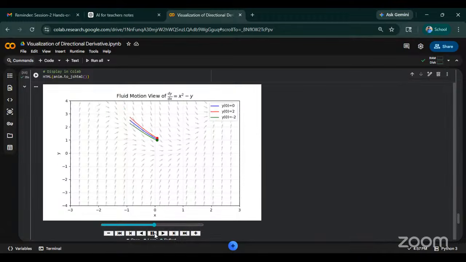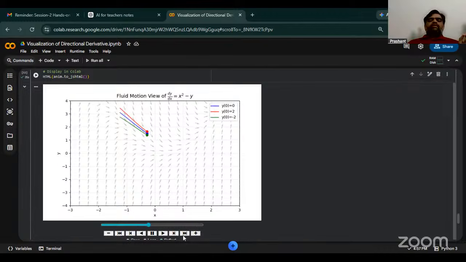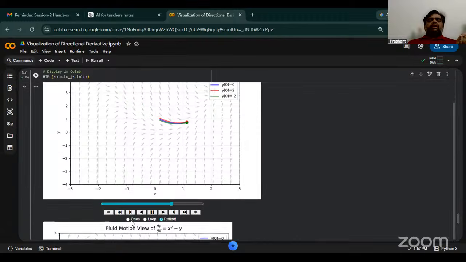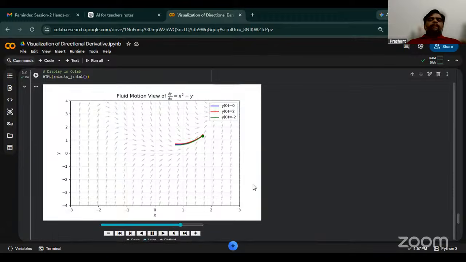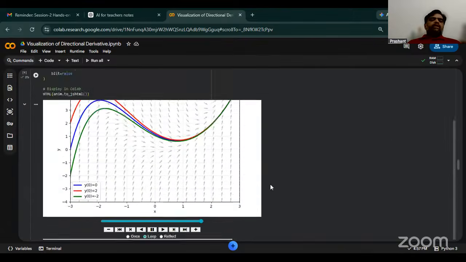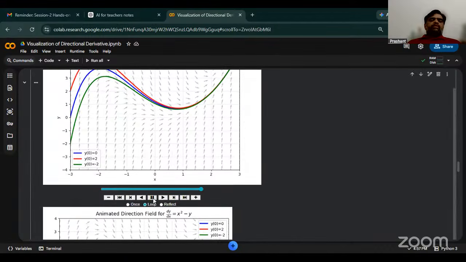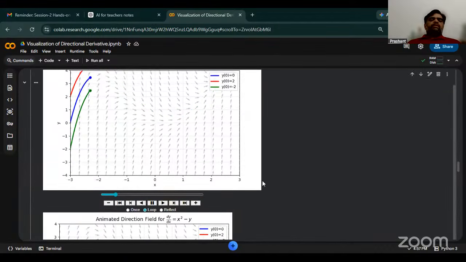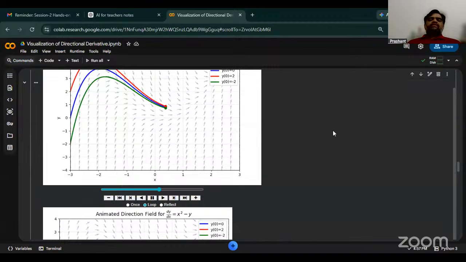For example, I can stop this one here. If I want a slower pace, or reverse it, or loop it, it gives me this type of output. So this gives me a tail output, and another one is the complete code, that is this one. It can also be visualized in this manner.